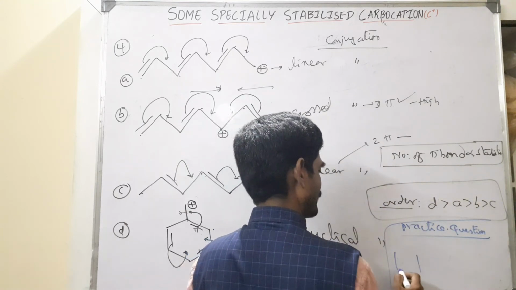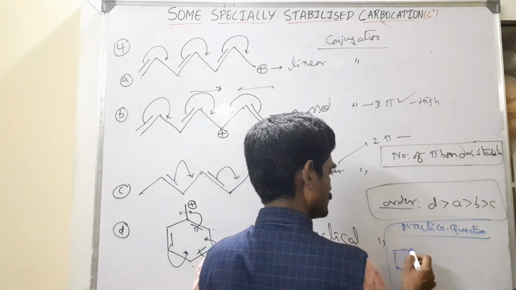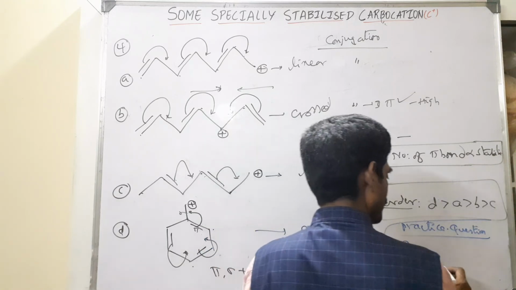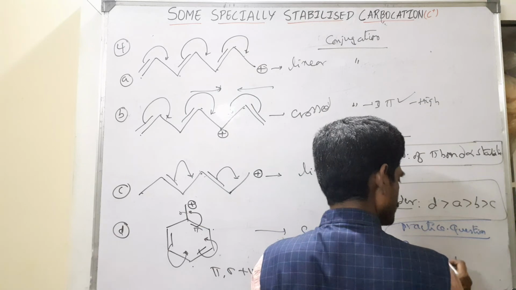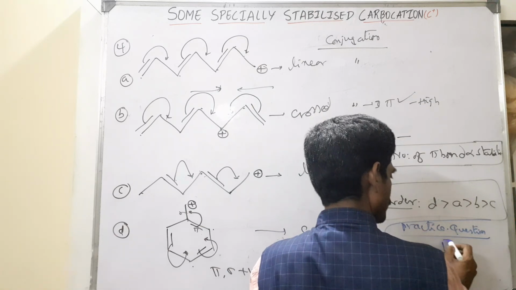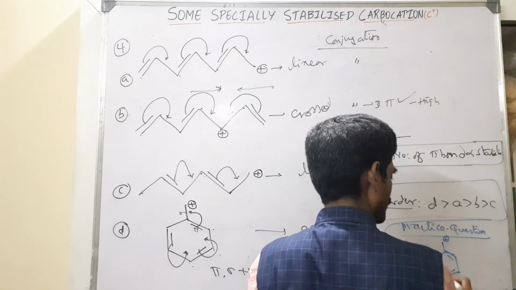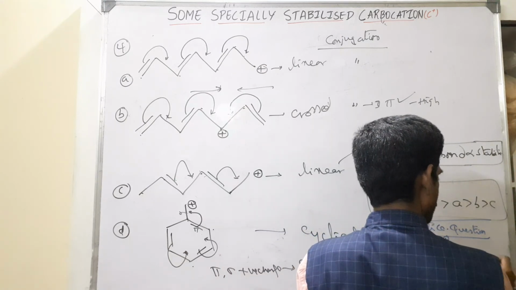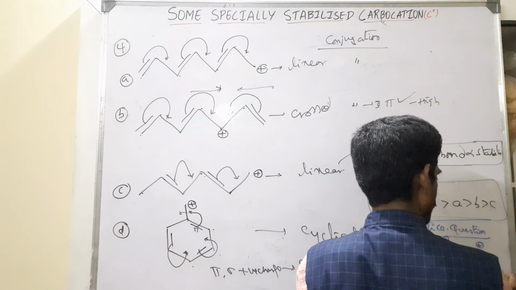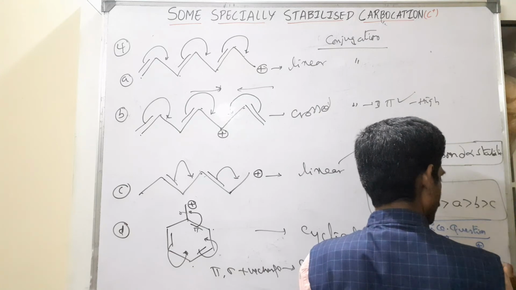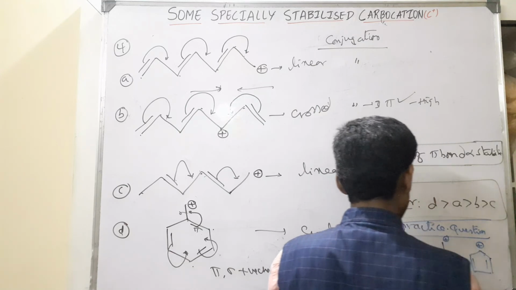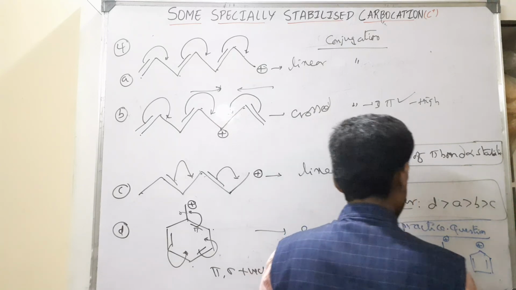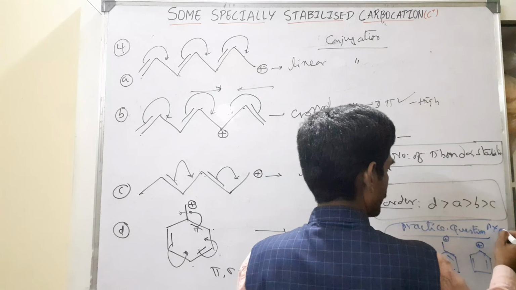So they frame the question like this. Double bond, double bond, double bond. And then here positive charge, double bond, double bond, double bond. And then here positive charge and here double bond, right? So this is also a previous year examination question, my dear students. Which is more stable, and what is the order of stability of these?